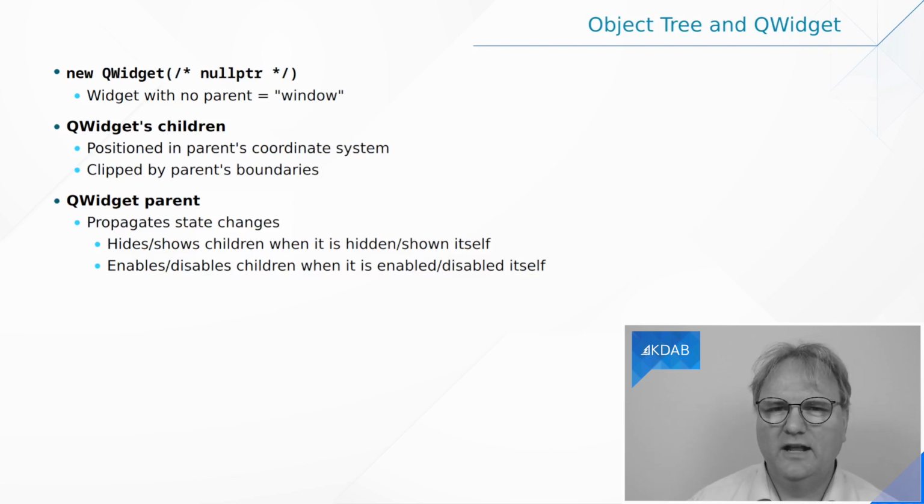So imagine you had a group box with 3 checkboxes. On one of those checkboxes, you say set enabled false. Then on the group box, you say set enabled false. And then on the group box, you call set enabled true. Then all the children of that group box will be enabled except that one checkbox that you explicitly called set enabled false on. Again, you might not even think about it. It just comes naturally.